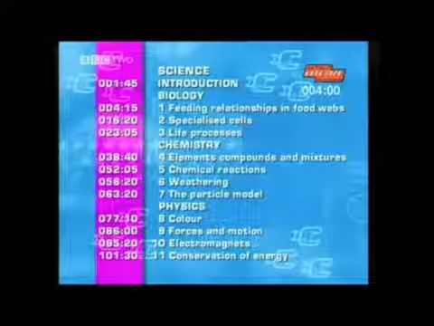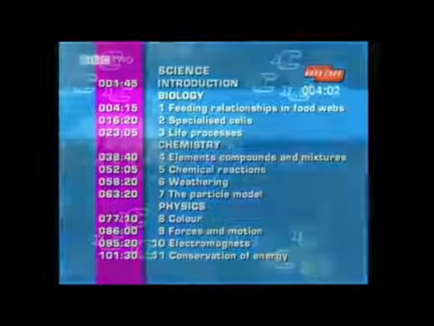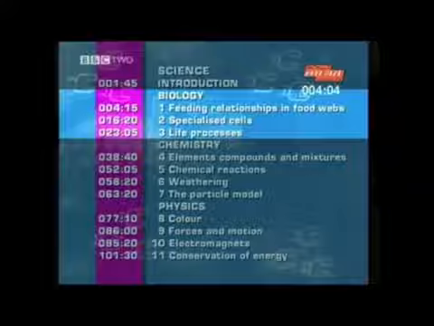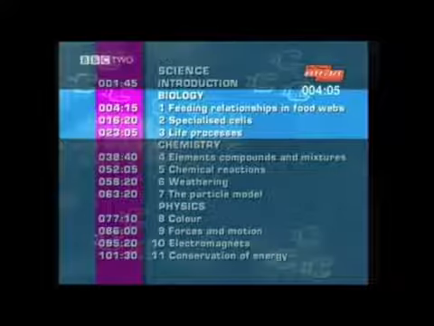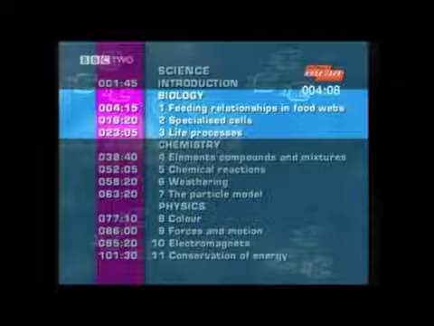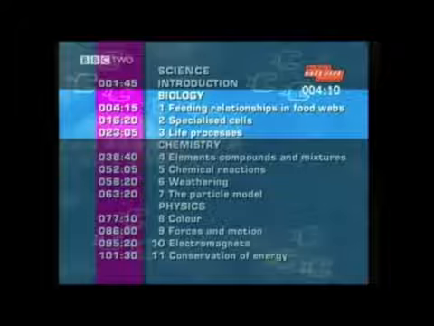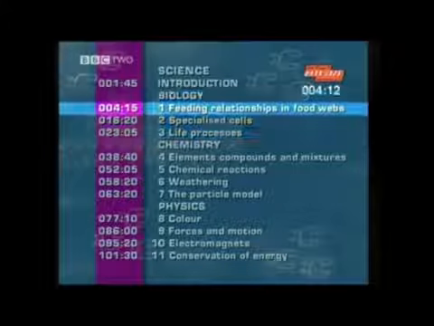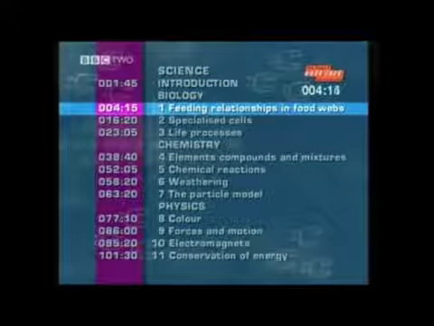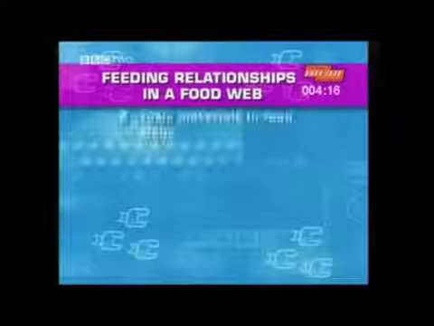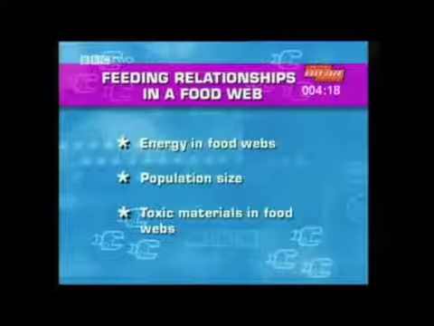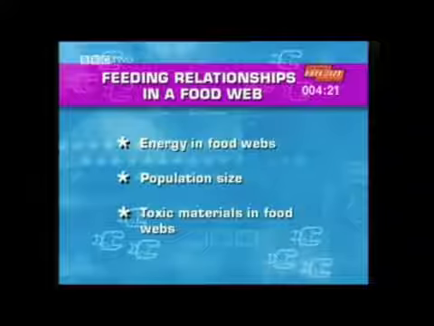The first area we're going to look at is biology. If you're familiar with this section, you may wish to fast forward to the chemistry or the physics sections. The biology sections are split into 3 units, so we'll kick off with feeding relationships in food webs. This unit is split into 3 main sections: energy,